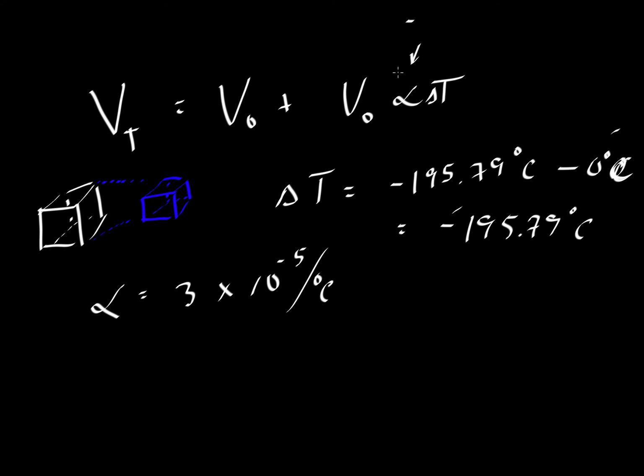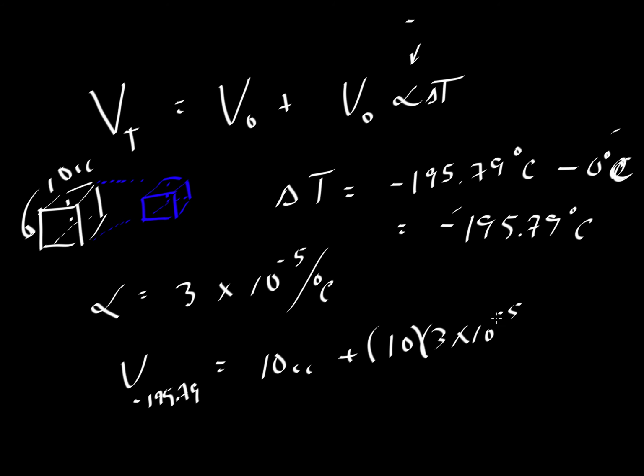Notice that here now the temperature is negative. We're going to introduce a negative value for this correction. So if we put this in, the volume at liquid nitrogen temperature minus 195.79 is going to be equal to 10 cc's. That would be our starting value here. So 10 cc is that block, plus this correction. But this correction will now be negative. That correction is going to be 10 multiplied by 3 times 10 to the minus 5. This is in units of cubic centimeters, per degree centigrade, and then multiplied by minus 195.79 degrees centigrade. Running out of room here. So the degrees centigrade will cancel. We'll just be left with the cc as the unit, and this will come out to